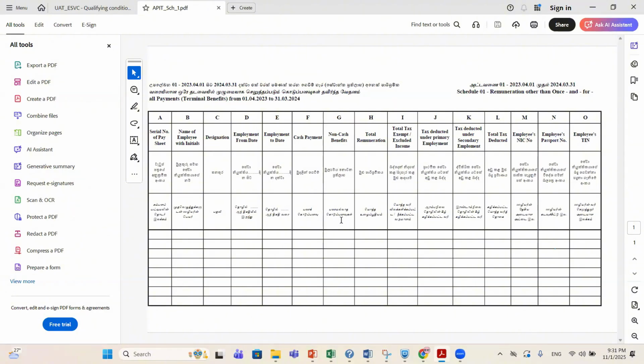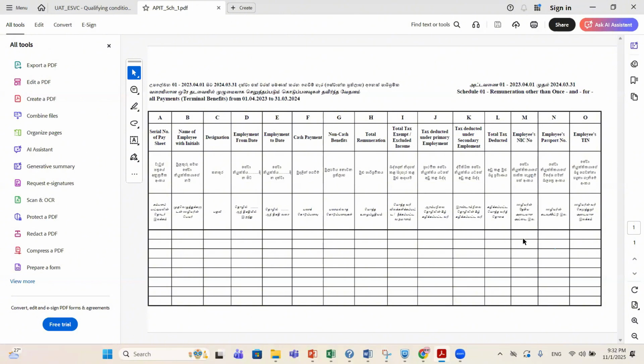Here is the place where you need to enter the non-cash benefit for each employee and the total remuneration, the exempted income, right? And this is the amount of tax you deducted under the primary employment, right? And if he has a secondary employment in this organization, this is the amount you deduct under the secondary employment. And then the total tax deducted amount